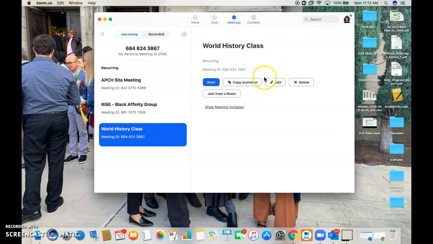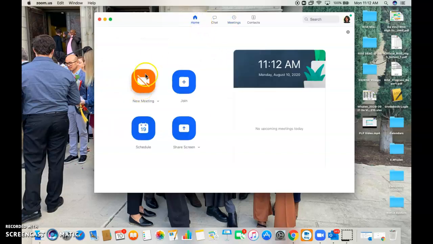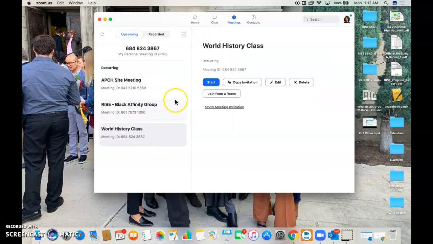I can also access the invitation here, but I think often where we mess up is where we click on this orange button without actually making sure we're going to the meeting that was scheduled. And that's